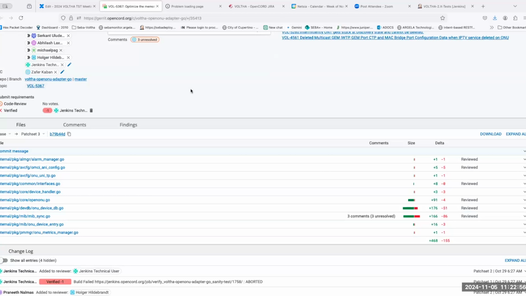Okay, and in your presentation, Abhilash, there were two items. One was about the instantiation of the MEs per ONU, and the other one was about the change that we need to do in the channel sizes, but I haven't seen anything in this patch about the channel sizes. So are you going to do it in a separate patch?